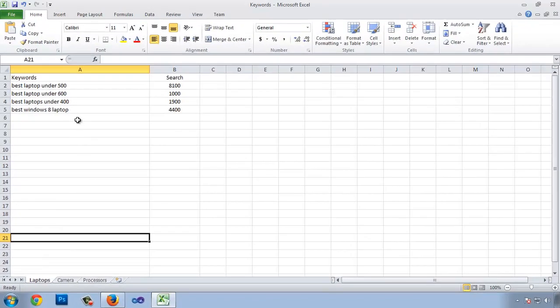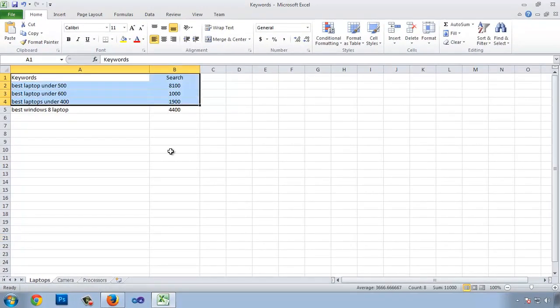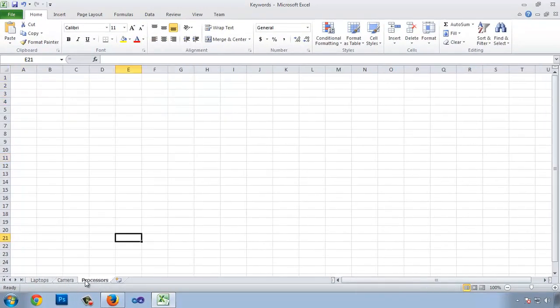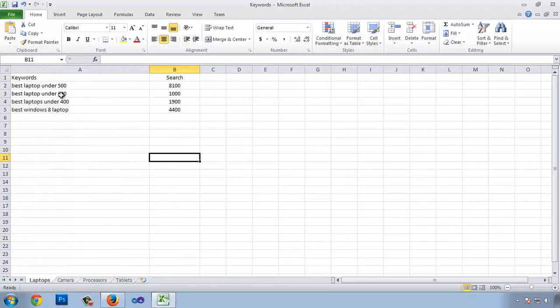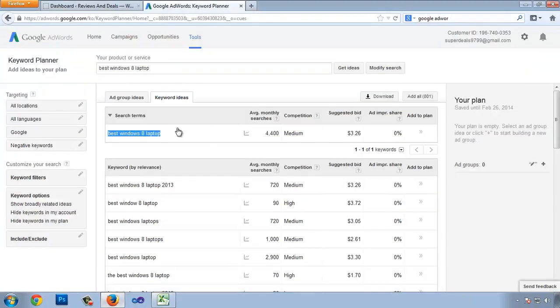So we can find the keywords here and manage them in an Excel sheet this way. You can also create a new page and name it something like tablets. In the next video we will analyze the competition for these keywords